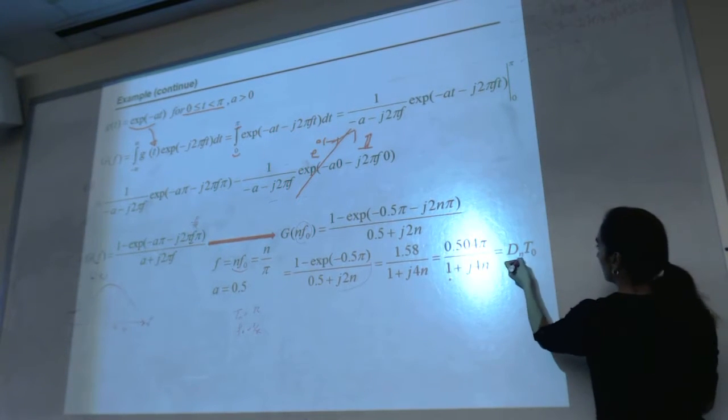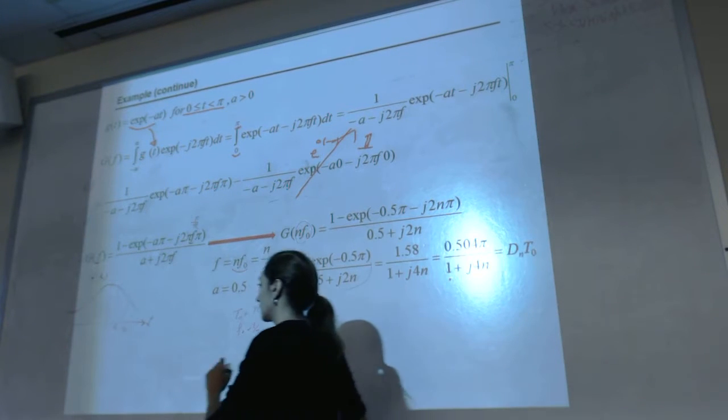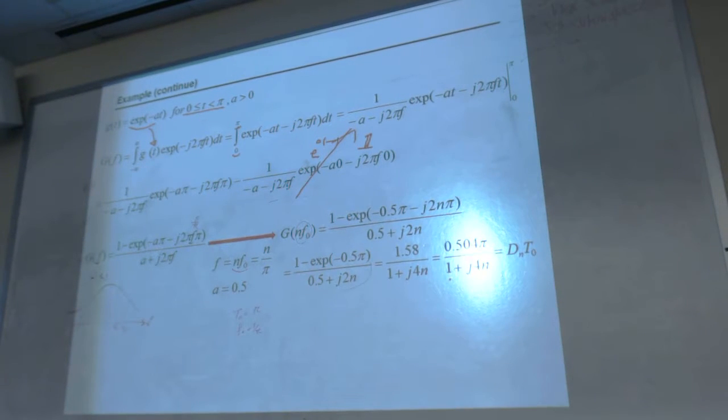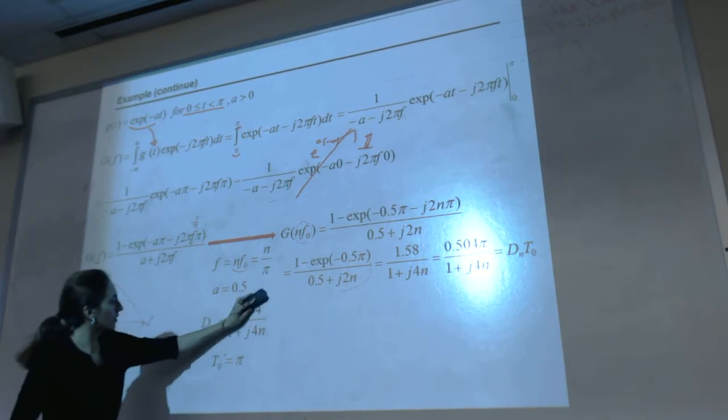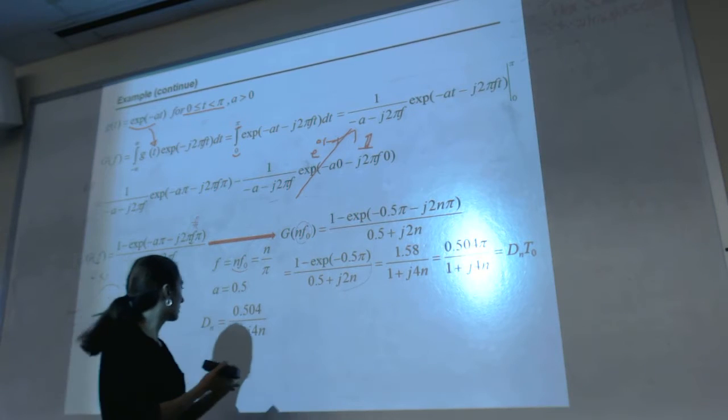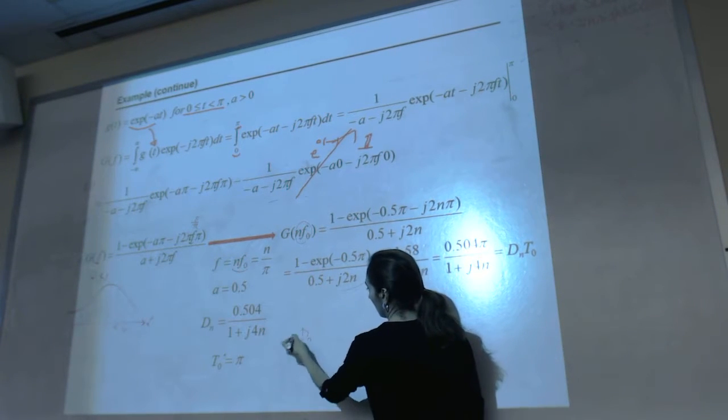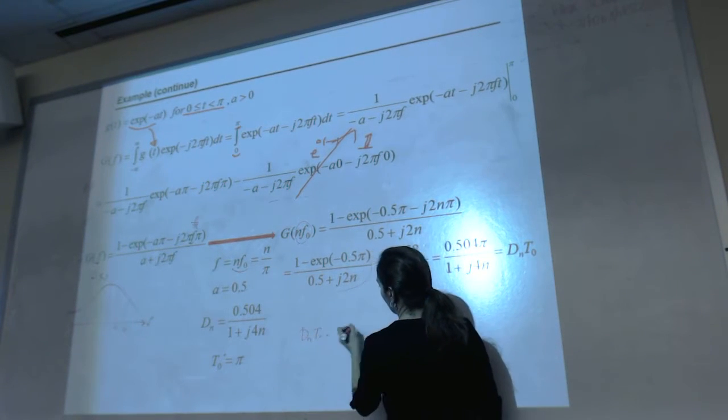This is nothing but just the dn times t naught. Let's do that. So if this is the n and this is pi, multiply these two together. So dn times t naught gives me